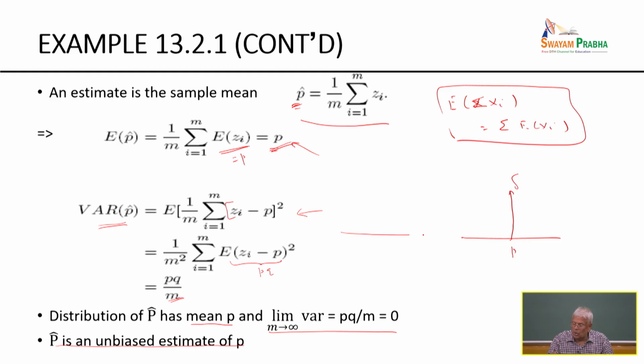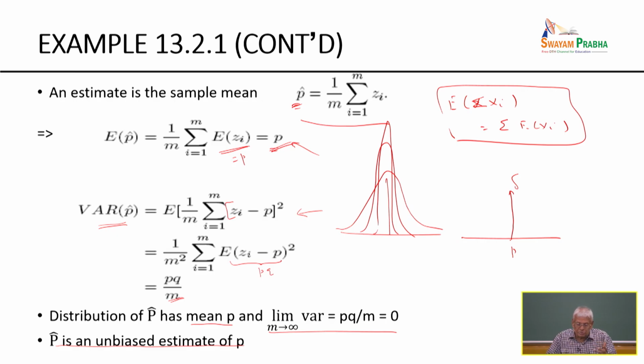I'm sure you know that in the case of a Gaussian distribution, the unit Gaussian like this, if the variance becomes less and less, it becomes more and more peaked. So variance is a measure of the spread. If the variance becomes smaller and smaller, it becomes more and more a deterministic quantity. In the end, when variance becomes 0, it becomes a single number. That number is P, and P is the mean of the sampling distribution.